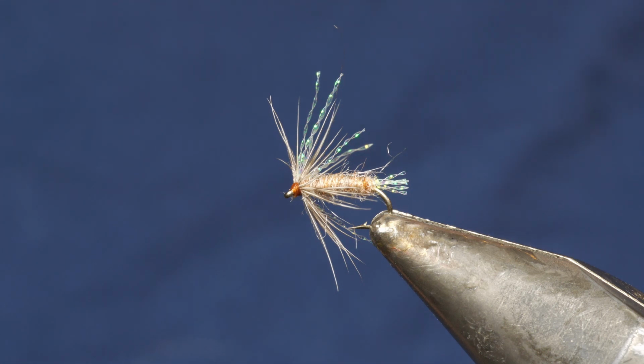But I'll also tie this one with a bead head and use it as my weight fly, and then something unweighted behind it on the lower Madison River, and I'm sure that would also work on the upper Madison. And the reason I'm doing this one is it illustrates the technique I did in my video earlier,